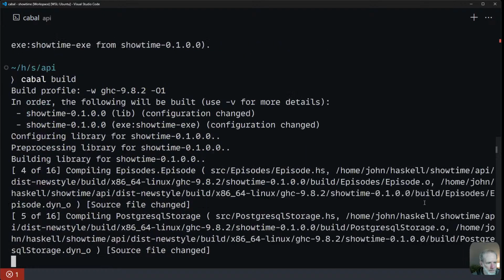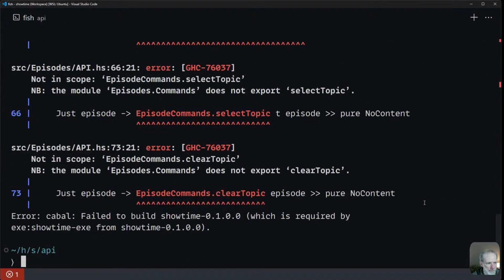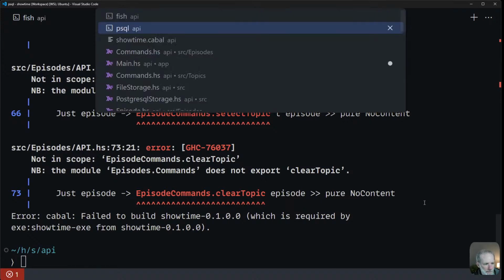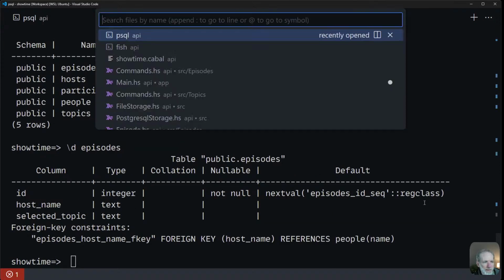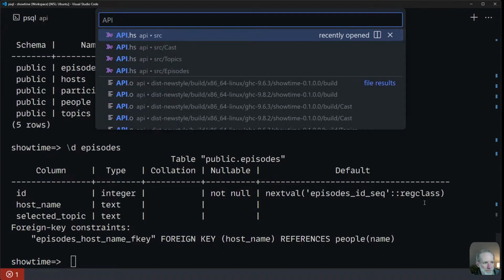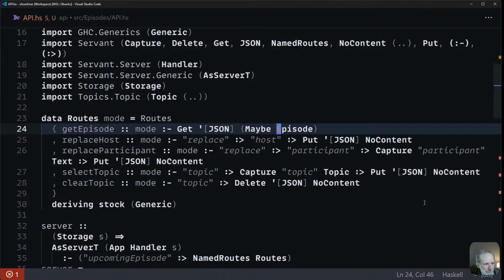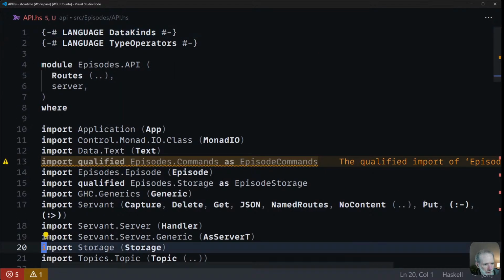Try building it. Okay, different errors now. And this is from the API. That's what I thought. I didn't know why it didn't happen before, but the episodes API. Let's have a look at that. And we can